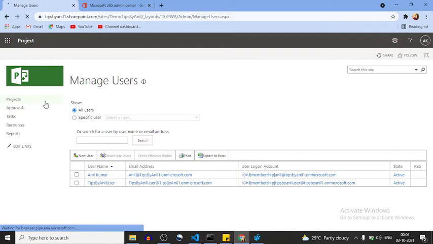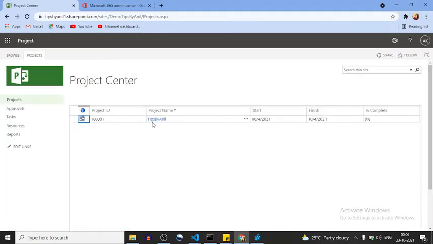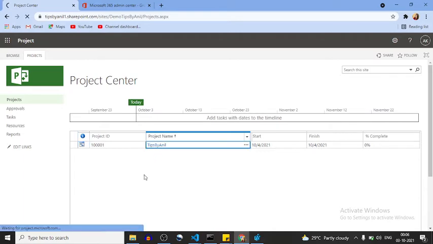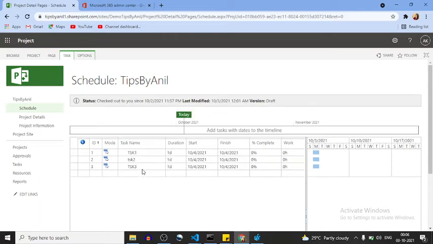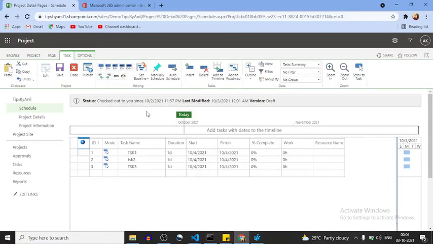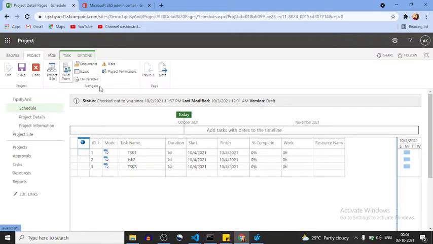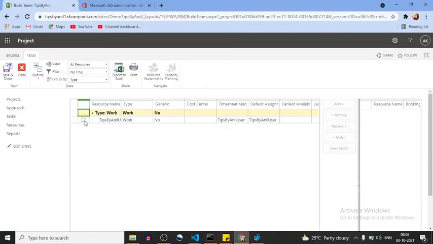Now again I will go to projects. In the projects I will open it. Now here if you see, we have a resource name field. In the resource name field, if I go to Build Team, I'll see my resource over here, tipsynl.